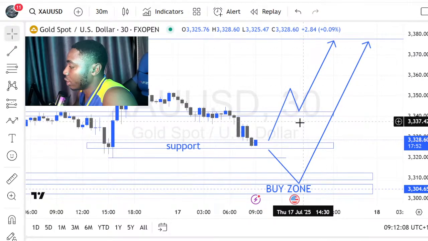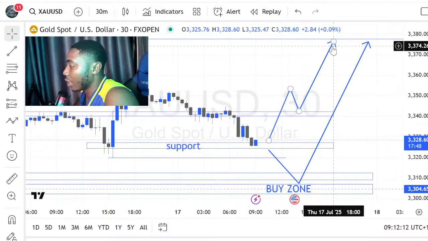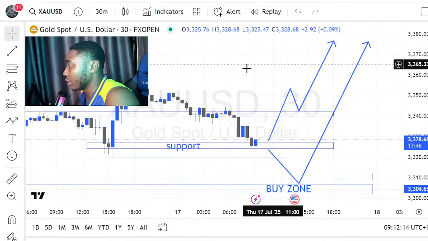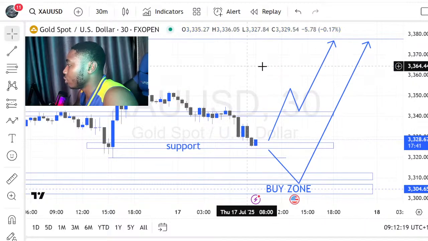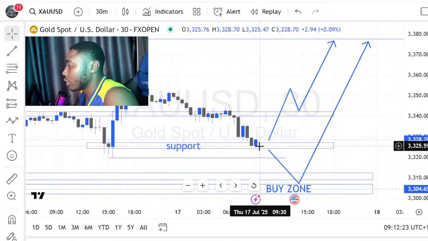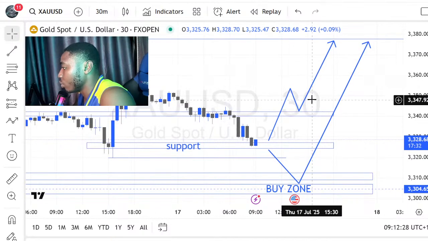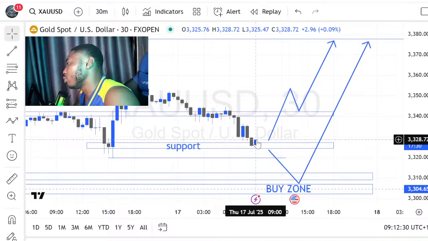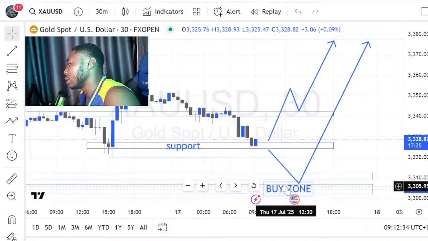First idea, like this, there might be even another one to come back here, reject back here and go, but the main bias still remains bullish. Always buyers are bullish, but if it's gonna respect here, then we should expect gold to push back up following this. But if it's gonna come back here doing something like this to reject back, then I'll prefer this buy zone. Okay, so I'm gonna explain why I prefer that buy zone.